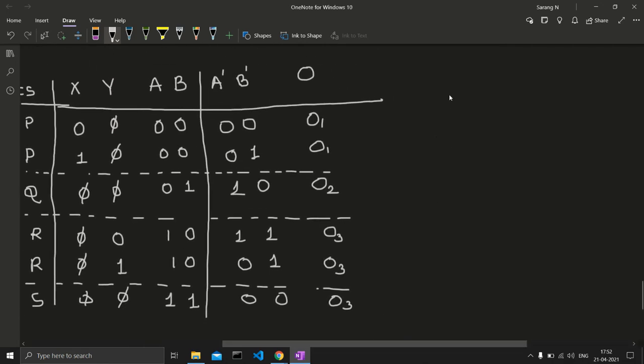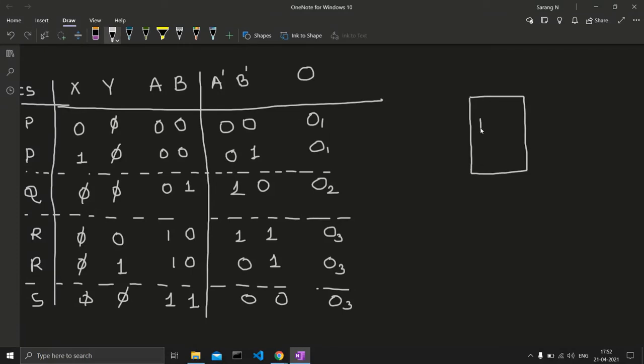Let's say we have a PROM here. Okay, what is the next thing? It will take input as A and B, the current addresses, right? A and B. Let's say we give them A and B,